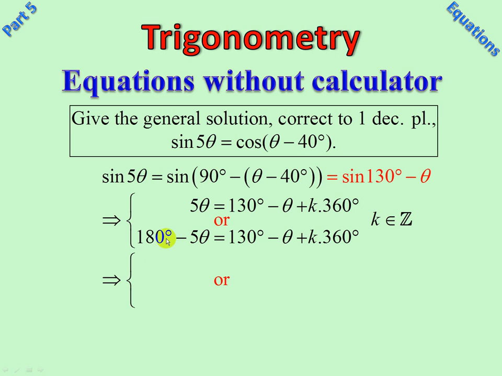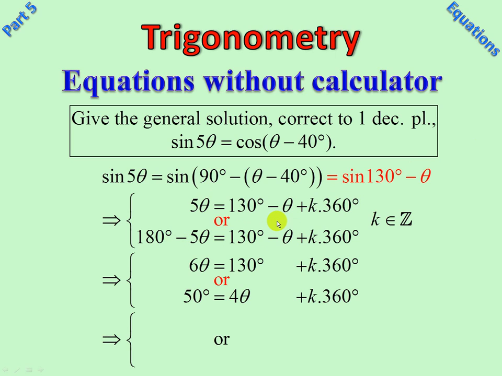Caught myself out there. Why did I do that? Well, just to avoid having too many negatives and brackets and that sort of thing. So I put it on this side, but either side works. So this one will give you 6 theta equals 130 plus k360. This one here, I could get 4 theta equals 50 plus k360. I've moved the 130 across this side, 50. I've moved the 5 theta across that side, 4 theta plus k360,